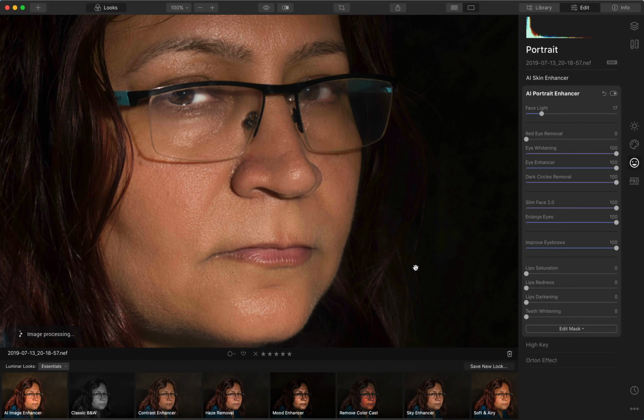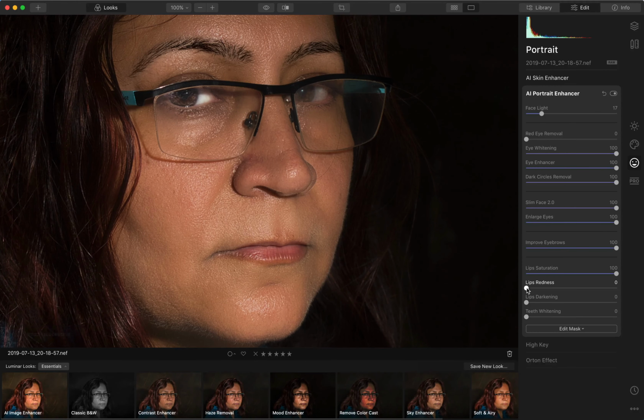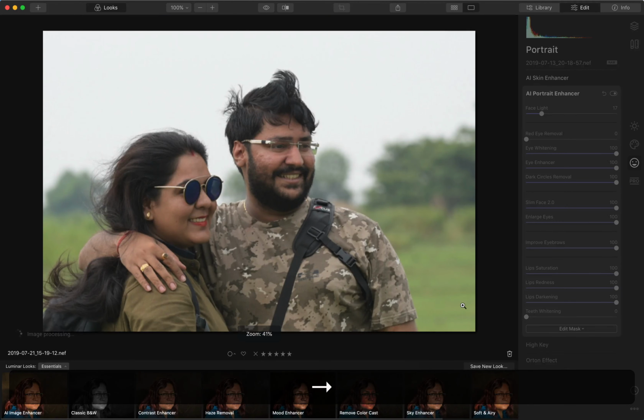Now let's say the lips, the saturation, the redness of just the lips. You can also make them darker. We have no teeth here, so this won't work, but you get the idea. Let's take a look at, okay,